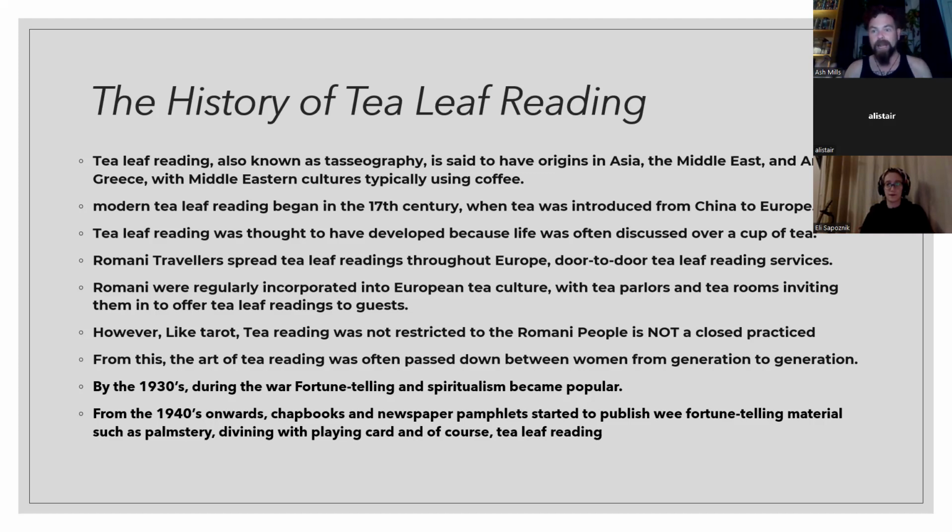in popularity. Then by the 40s onwards, chapbooks, newspaper pamphlets like the one that is the photocopy that I've sent out to you in the email, and also you'll see examples on here. So newspapers and chapbooks were publishing wee fortune-telling materials such as palmistry, divining with playing cards, and of course tea leaf reading. And that then actually allowed, where it used to be, you know, only certain people could read the tea leaves or read the cards,